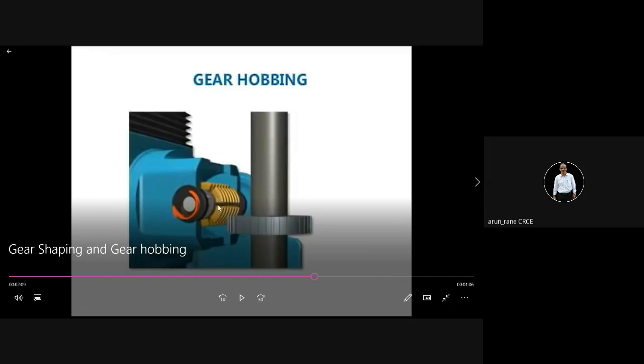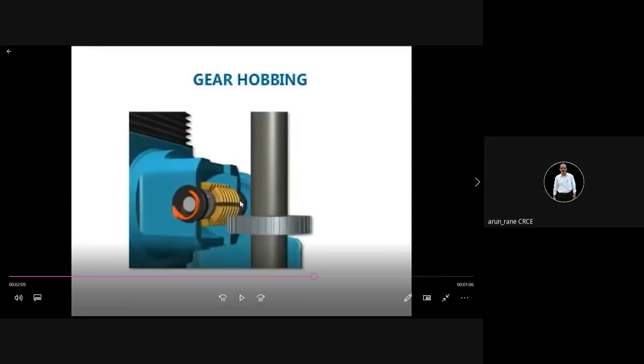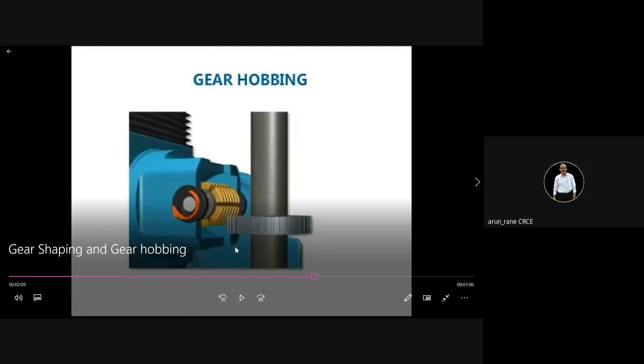The hob is fed 1 mm, so it rotates completely. The hob moves like this from top to bottom, then it retracts, comes up to its home position, and then goes inside again. That is the second depth of cut, so that is 2 mm. Again it cuts, again it retracts, again it comes up, then goes inside. That is 3 mm. So like that. That is one method.